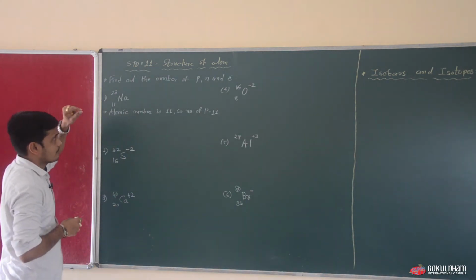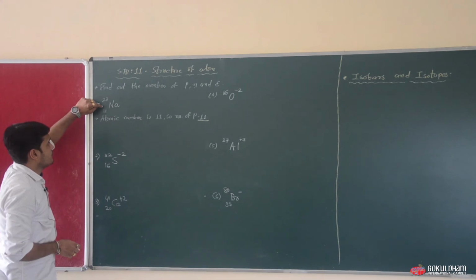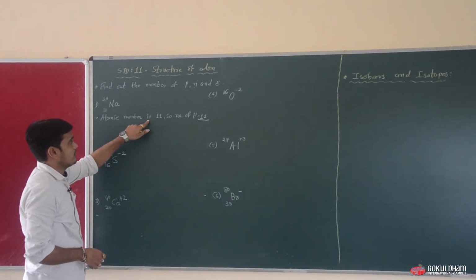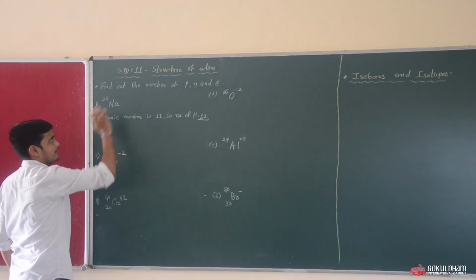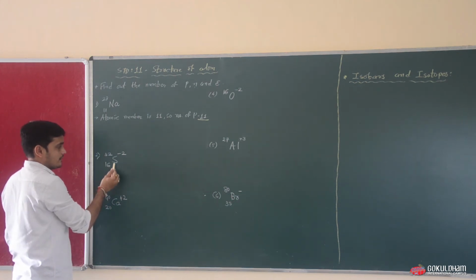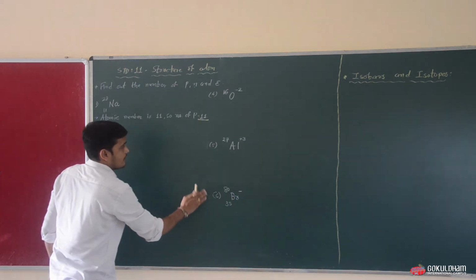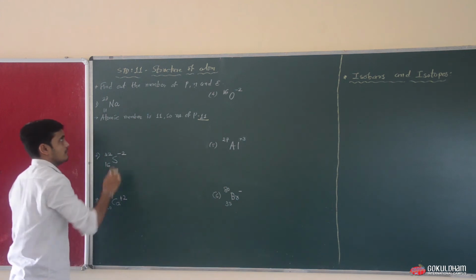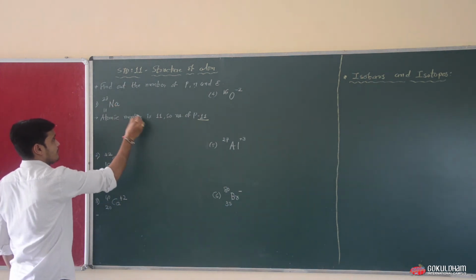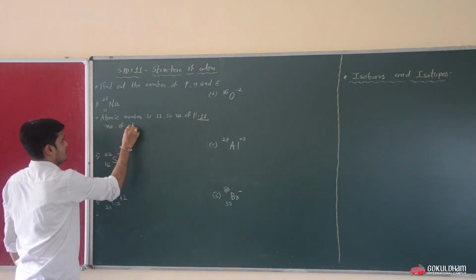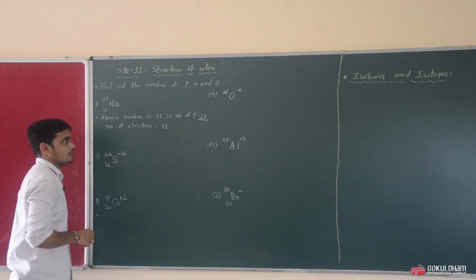Now the second thing, number of electrons. In sodium the atomic number is 11, so the number of protons is 11. This sodium is a neutral atom, so there is an absence of any ion. In sulfur there is a -2 charge, in calcium a +2 charge, in aluminium a +3 charge, but this sodium is a neutral atom. So we can say that the number of protons and the number of electrons are both the same. So the number of electrons is equal to 11.